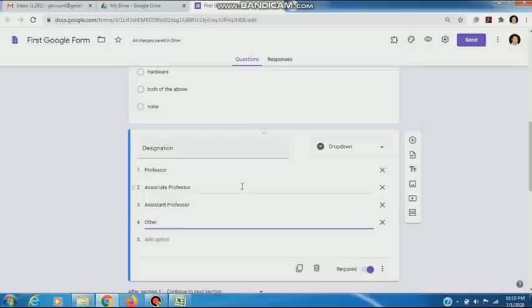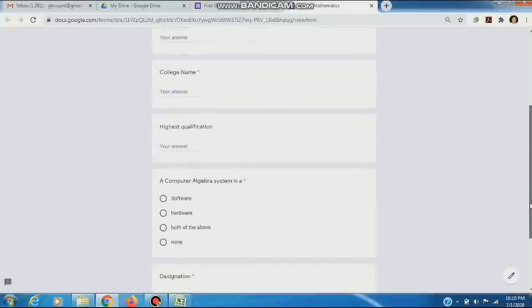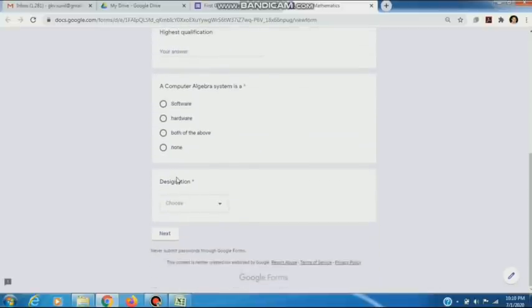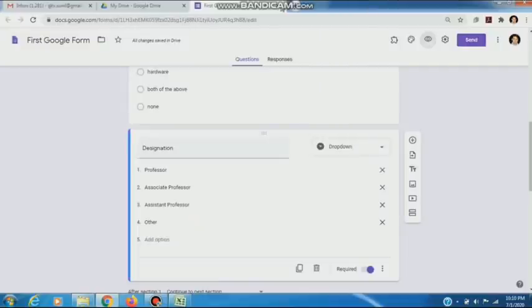Now it will appear as drop down. We will check it in preview. Designation, we will choose it from a drop down box. Now we will close it.